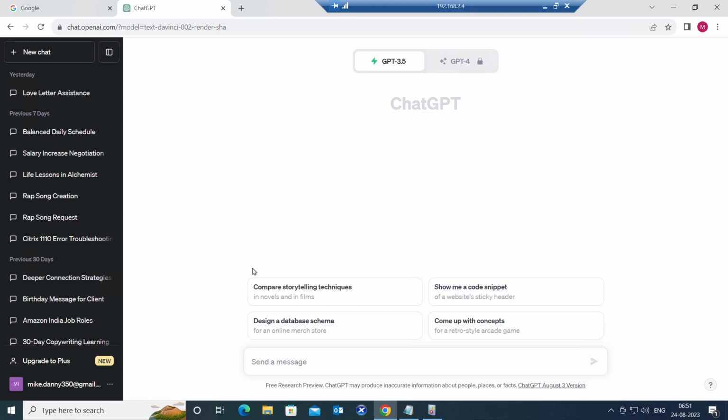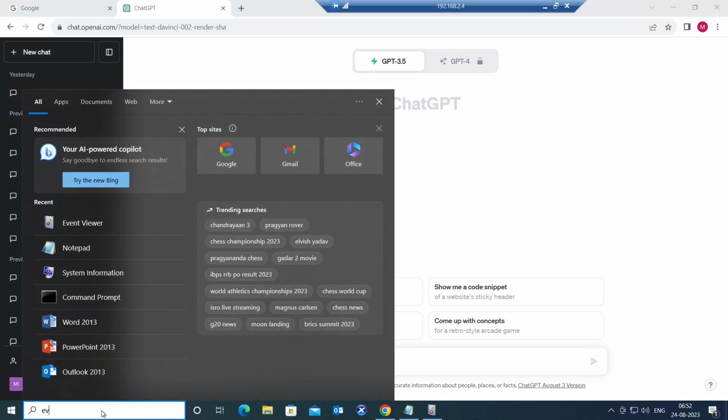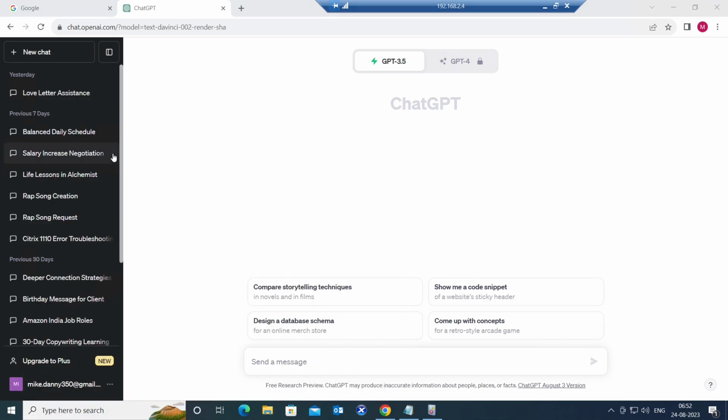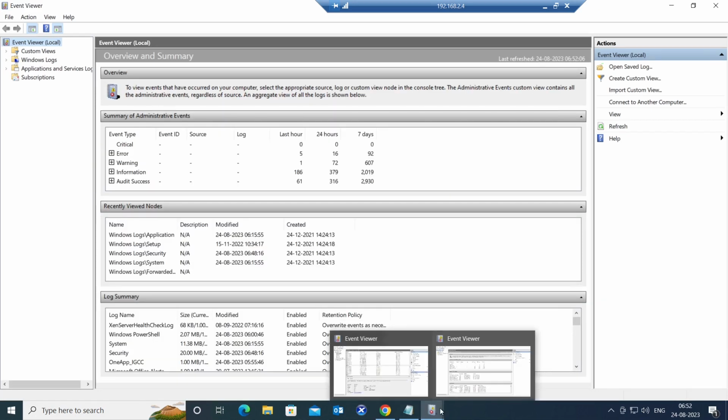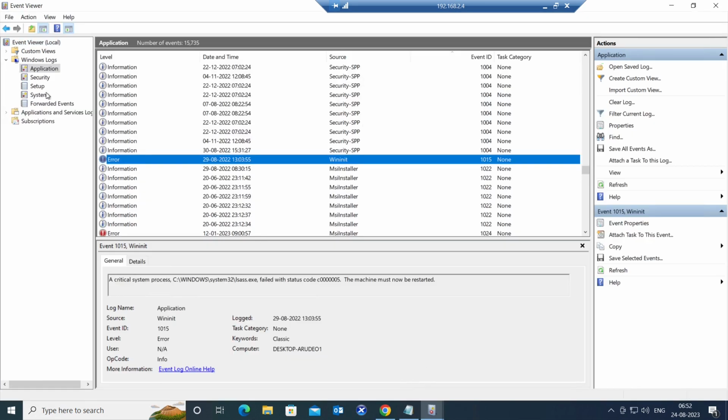So let's consider this as Windows Server. The very first thing that you can do is log into Event Viewer. So once you log into Event Viewer, let's say you want to check the application logs first. Under Windows logs, you have application logs. Click on application logs. So let's consider this error message. It says a critical system process C Windows System 32 something failed. And this is the event ID. Event ID is 1015. So what you need to do is just remember the event ID 1015